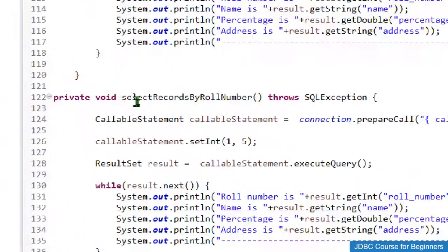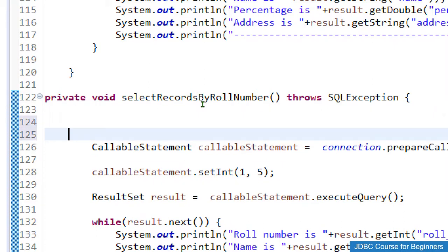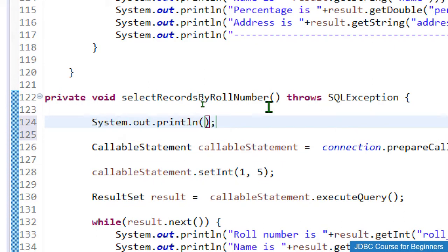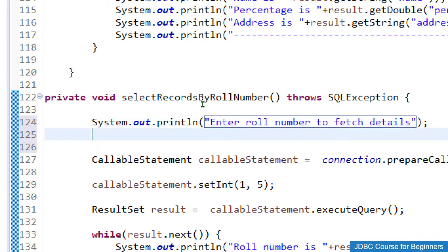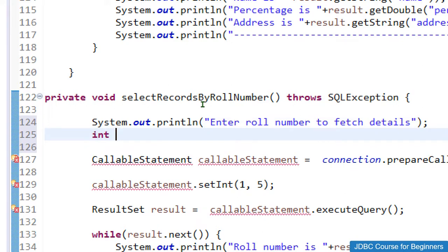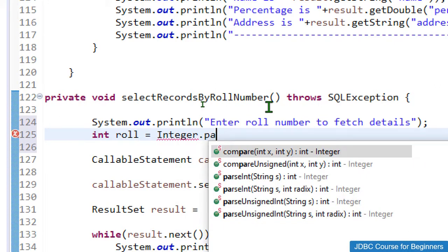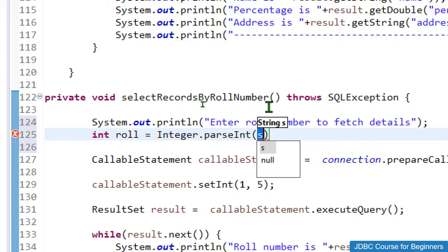Let me give the message for the user first: "Enter roll number to fetch details". Whatever roll number the user enters, I will store into a variable, for example int roll equals Integer.parseInt, and inside the brackets we need to give the scanner, which is my reference.